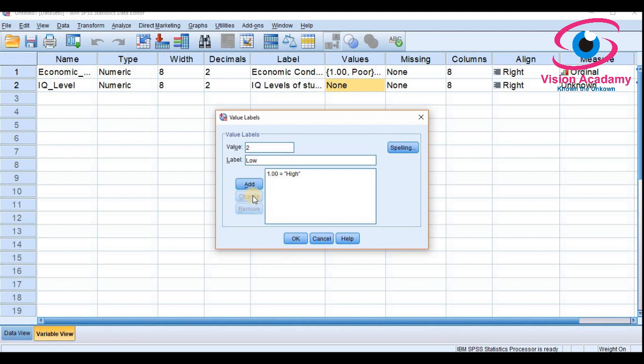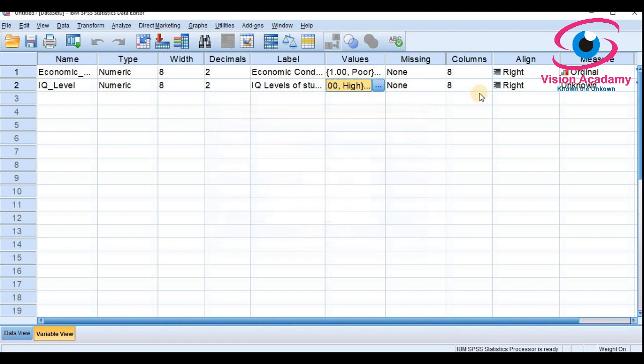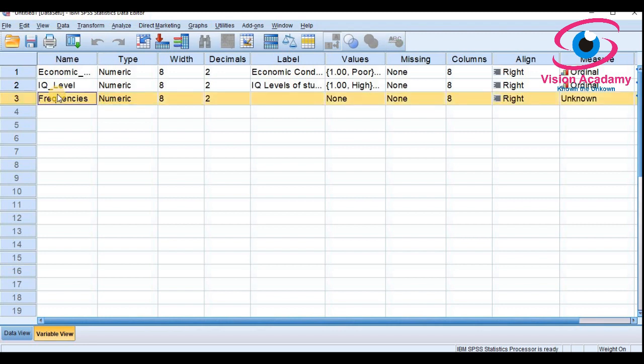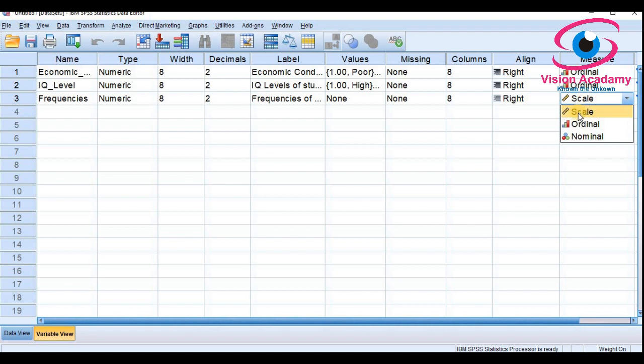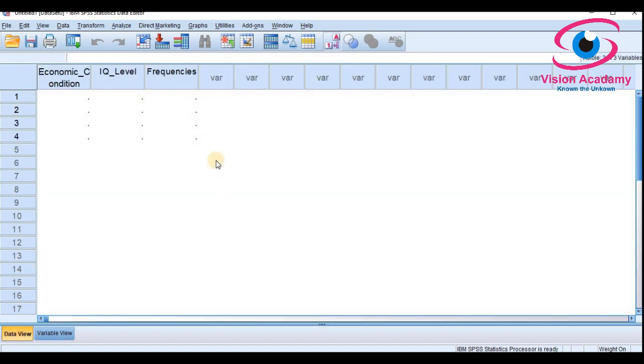Two types of values we have for IQ level, and this also can be given ordinal. Now frequencies of respective IQ level and condition. So for that, frequency of respective variables. Okay, so I will have to take it as a scale data because we will add that data in interval.